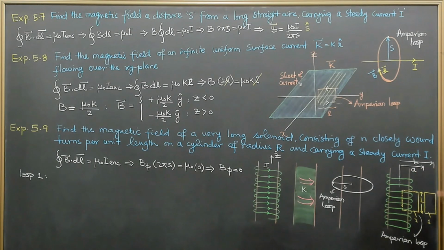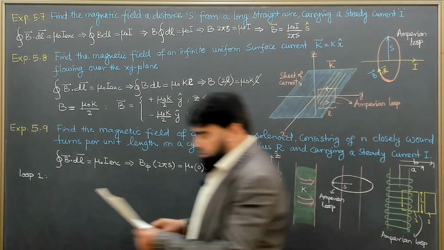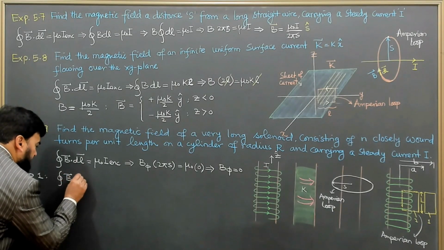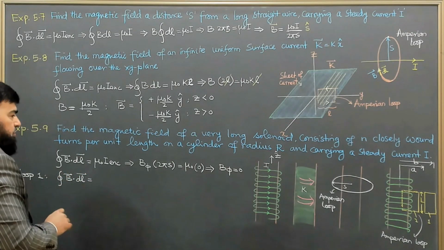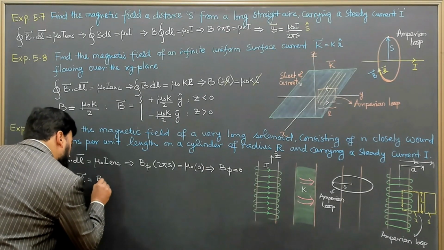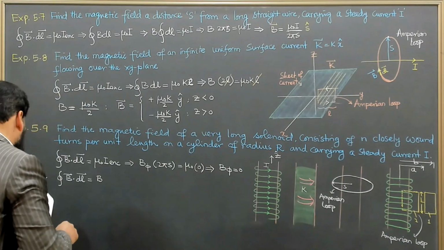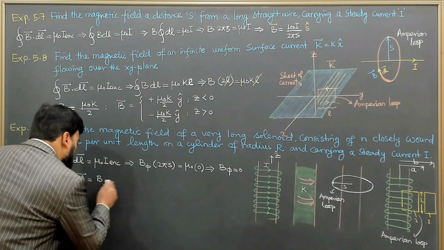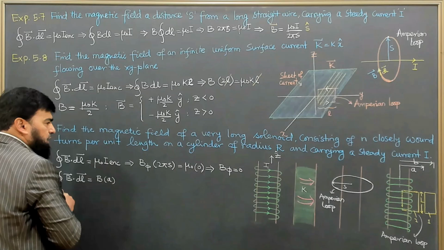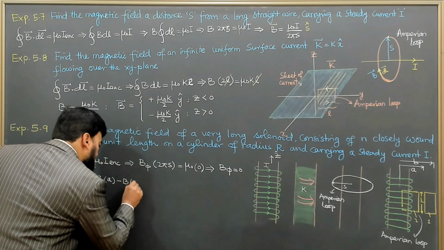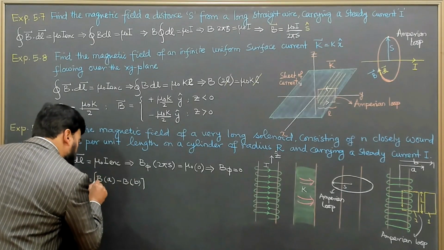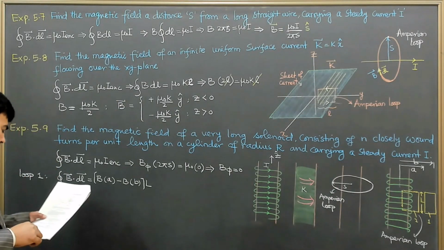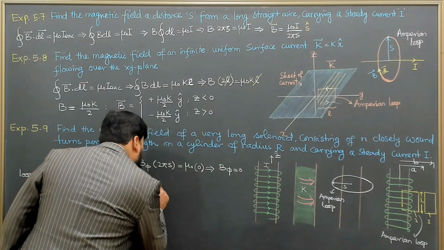This is a distance A and this is a distance B. So I can write that B dot dl is equal to the value of B at A minus the value of B at B, times L, because the total length here, when I go around the loop, is L, and this is equal to